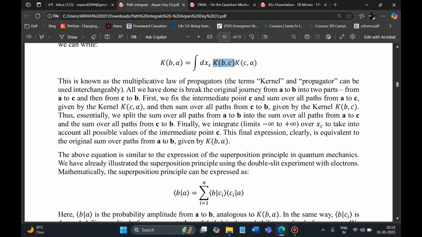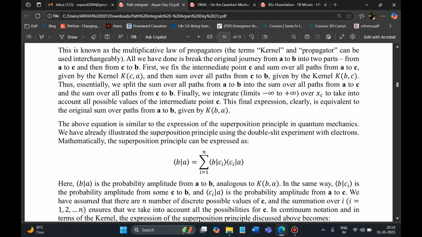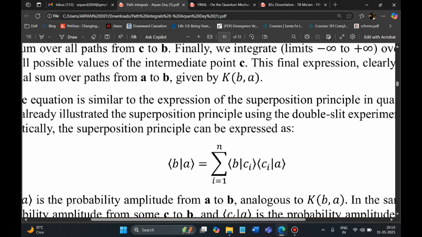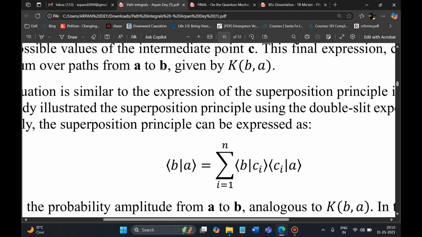And here we have kbc. This is the probability amplitude from c to b. And we have here an inner product between c and b. And kca, we also have this a to c. So both these equations are actually equivalent, and this is how we define the superposition principle in canonical quantum mechanics. So basically here we see that this a to b probability amplitude,